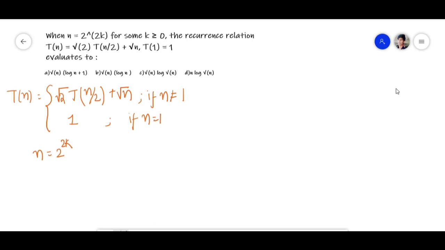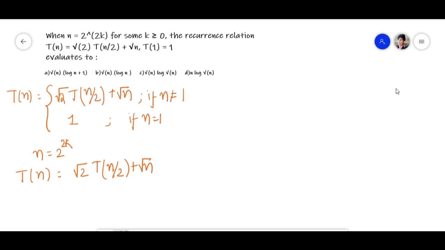If we choose Master's theorem, it will give only the asymptotic notation of the recurrence relation. So we have to find another method, and I am going to use the substitution method. In the substitution method, consider the original recurrence equation: T of n equals root 2 times T of n by 2 plus root n. In order to find the value of T of n, we have to find the value of T of n by 2. So how do we find the value of T of n by 2?